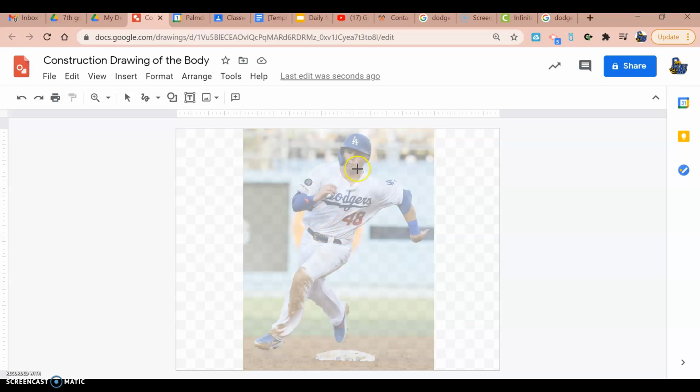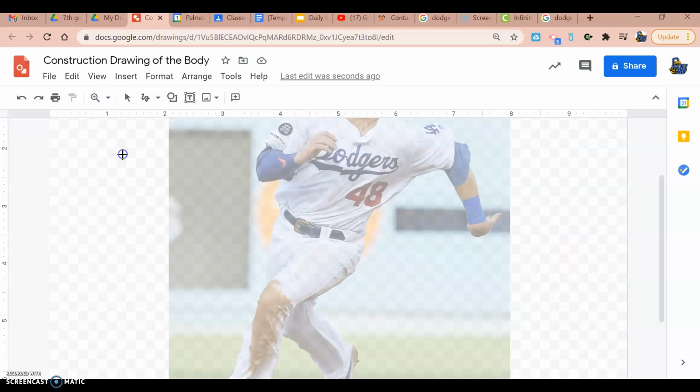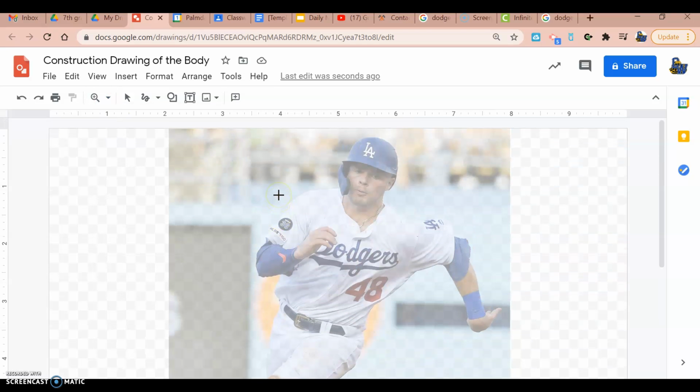It's going to allow me to draw lines anywhere I want pretty much, which is going to be nice. If I want, I can zoom in on my image just a little bit to make it a little bit easier to work with. I'm just working with my laptop, so my lines are not going to be the prettiest looking, but that's okay. All right, if I select my scribble,